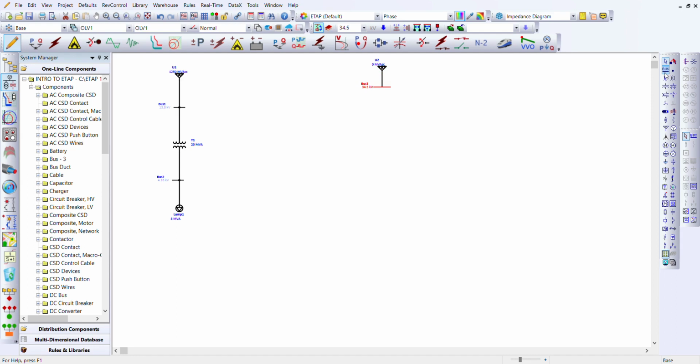Now the bus is selected and we are supposed to connect it to a transformer. Once I click on the 2-winding transformer, it's automatically connected, and then the transformer is connected to another bus. I click on the bus, it's connected, and then the bus is connected to a lump load. I click on the lump load and everything is automatically connected, and I'm done already. So basically the purpose of this lesson is to get you familiar with components and how to connect them,